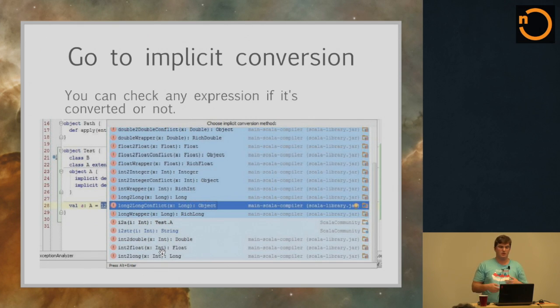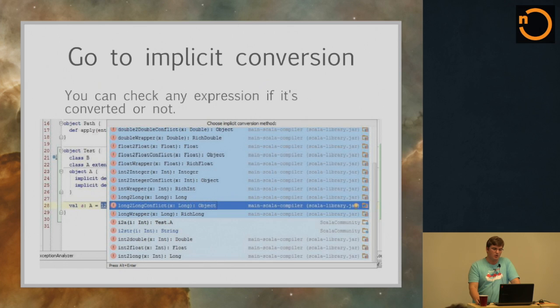I mean, this expression has some type, and for this type we search all possible conversions, and this list contains all of them. And also a bold font marks the actual implicit conversion which was used, and this is pre-selected when you invoke this go to implicit conversion